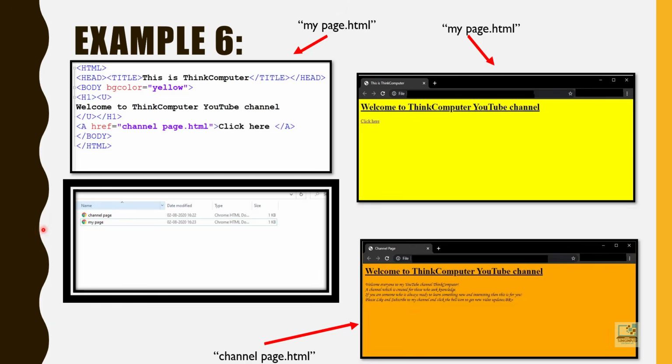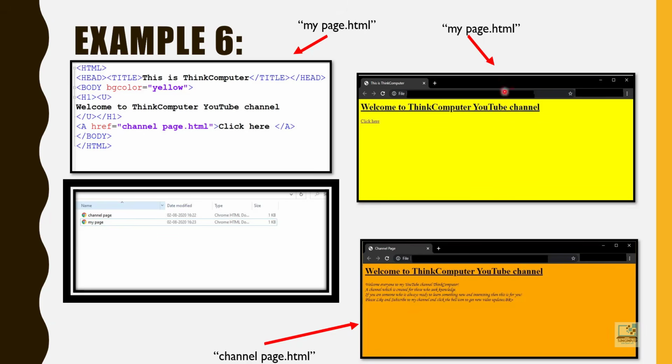In that case, when I am writing the mypage.html like this one, I have to write a href equal to channelpage.html, click here and then a closing. So this part is the opening tag of the anchor and this is the closing tag. Any text you specify inside of the anchor tag works as a hypertext. That means it is activated as a link. So this piece of text will be displayed like this. So you must have seen this in different websites, right? Even if you open Google or any other website, you click on different buttons or different links. That is what hyperlink is, and they have done it using the anchor tag only.